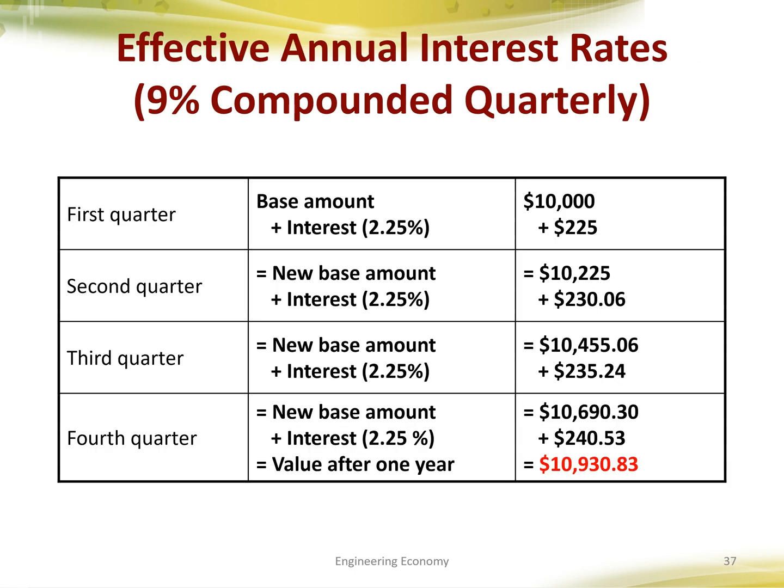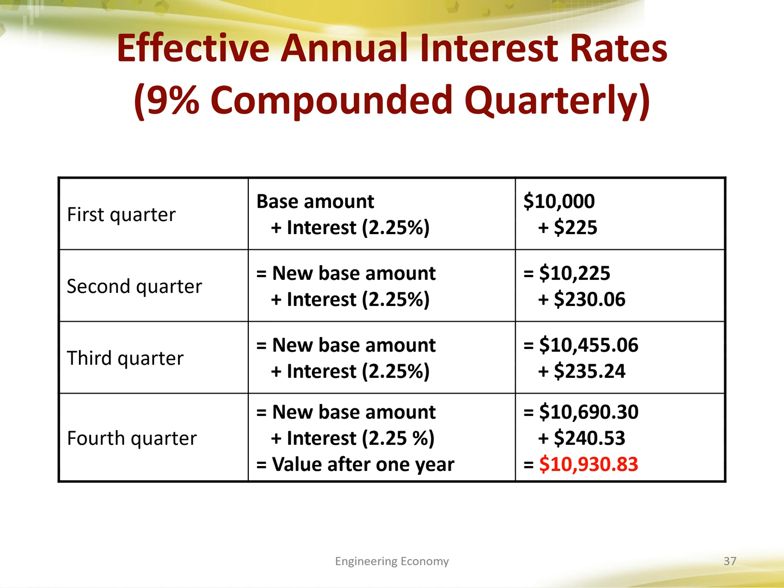You can also look at this simple example to see how that happens. We have a 9% nominal interest rate compounding quarterly. When we want to compute the effective annual interest rate, we take this 9% and divide it into 4, because we have 4 quarters in 1 year. So for each quarter, the effective interest rate will be 2.25%. We start from the first quarter. We have the base amount, which is 10,000, and you will get interest from the 2.25% interest rate, and that becomes your principal,